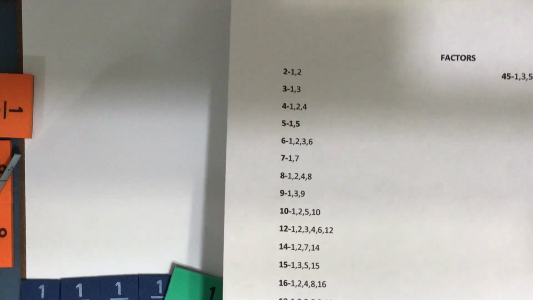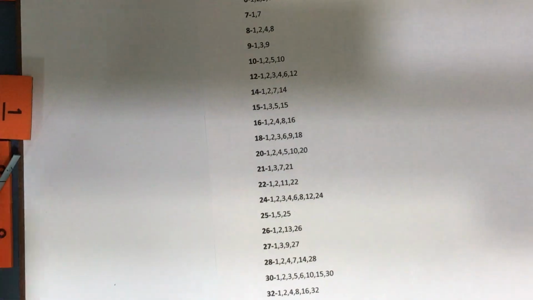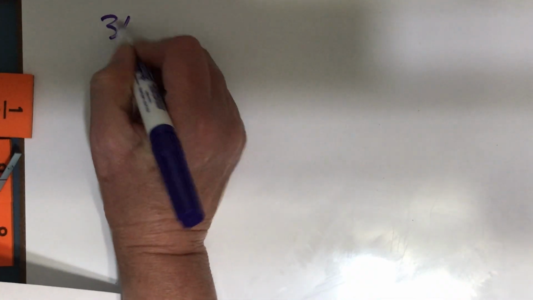Remember, I need to find my greatest common factor, and that's when you're going to use your factor sheet. We have all your factors, and yes, you will be able to use your factor sheet on your quiz when you take your quiz on Friday. You will also be able to use your fraction strips. So number 31, number 31 says